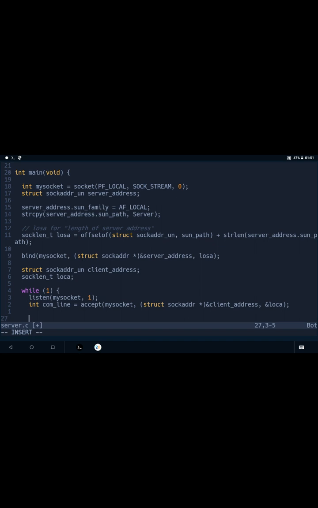But just to keep things simple, I'm just going to use write. So we say write, and you're writing to the communication line, because that's a socket that's involved in communication with the client's socket right now, not my socket. My socket is there to listen for connections. So com line, and we say